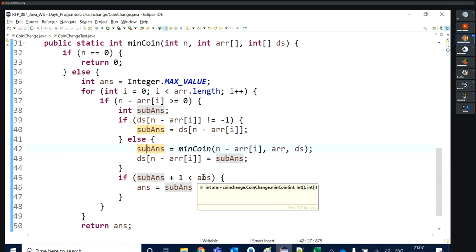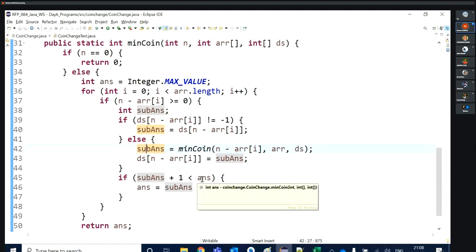It's 4, because I have used the 1 rupee coin before. At that time my answer was already set with value 4. So I'm getting sub answer plus 1, means 3 plus 1. Is it less than answer or not?